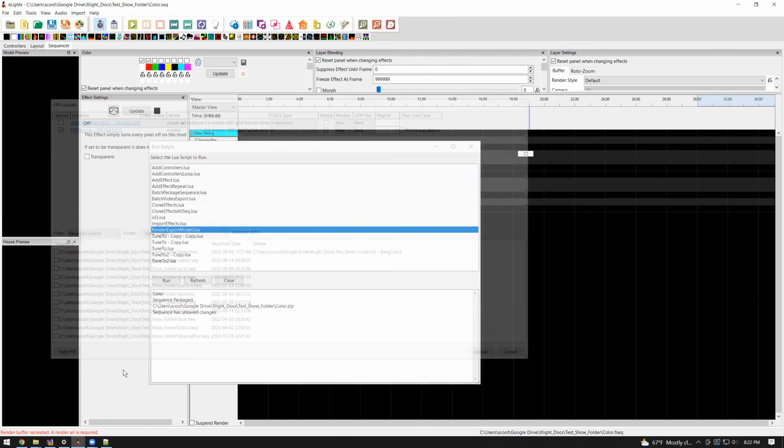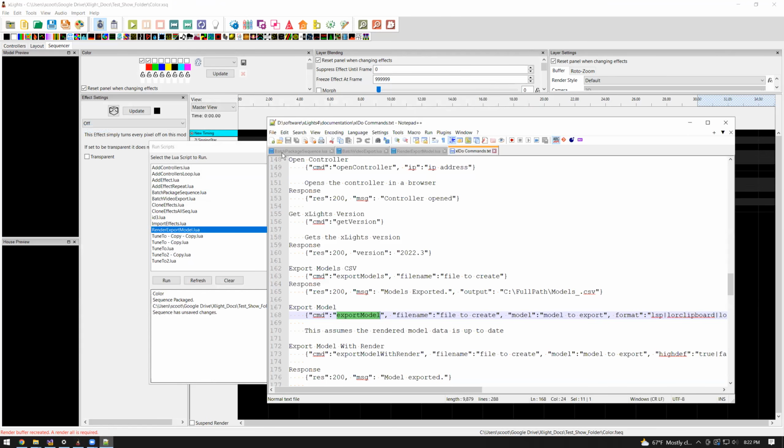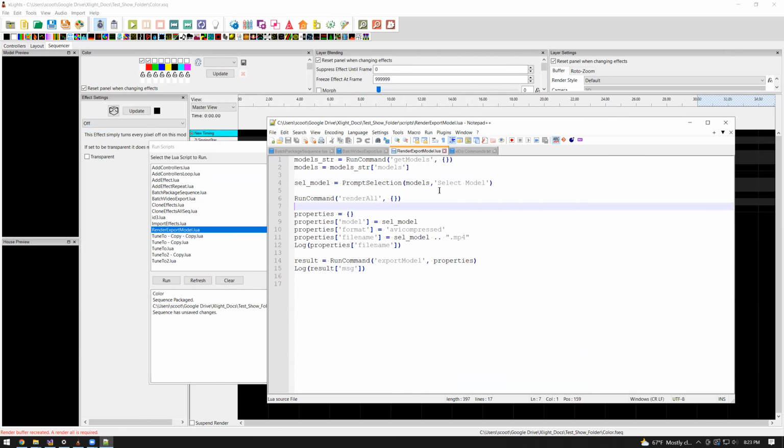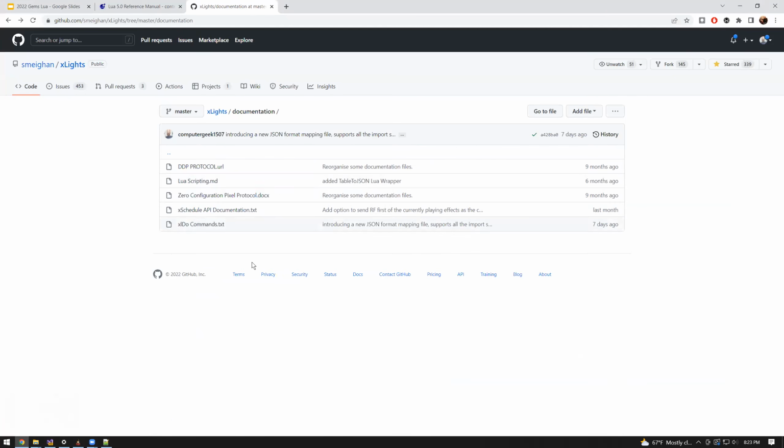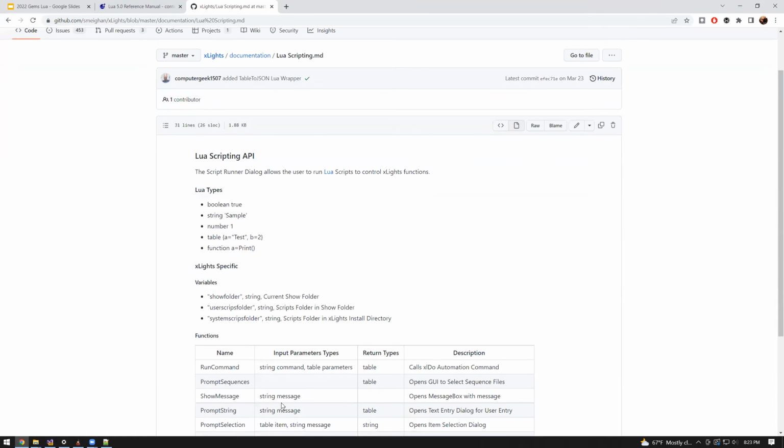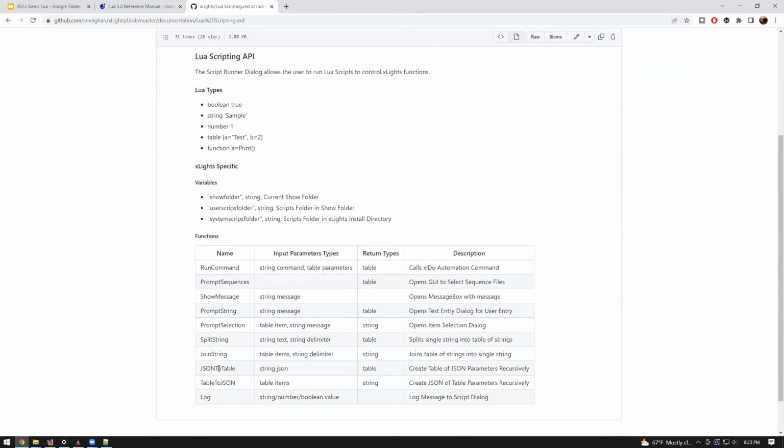But let's go back to what Daryl says is broken here. So right now it's doing render. Previously, when you did a render export model, it'll run the command to get all the models from your layout, get the models, do the prompt selection dialog. So that's kind of the reason why some of these commands exist in here, is when I was using this, it's like, what do I need to make it easier to do stuff? And initially,